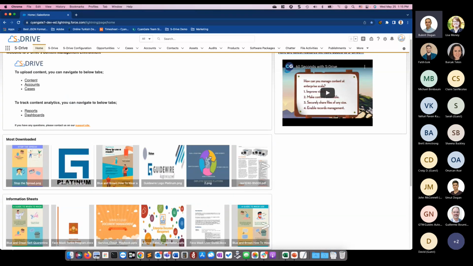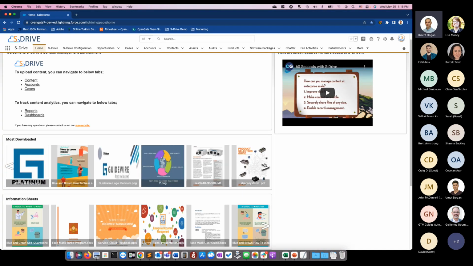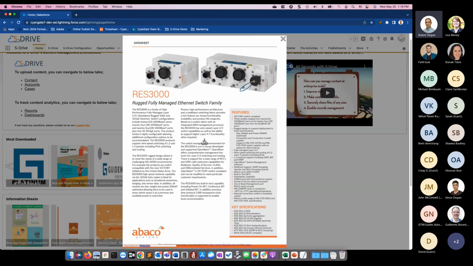What you see here is a carousel that we built on top of a folder. So whatever you put into the system, into that folder, will be exposed as a carousel. This is great to use in communities. You can expose marketing material or some of the guides that you want to put in front of your customers as a carousel that they can navigate, they can click on it and download